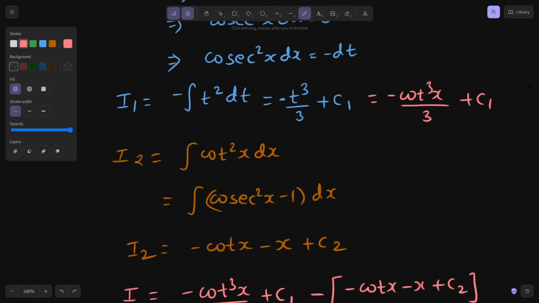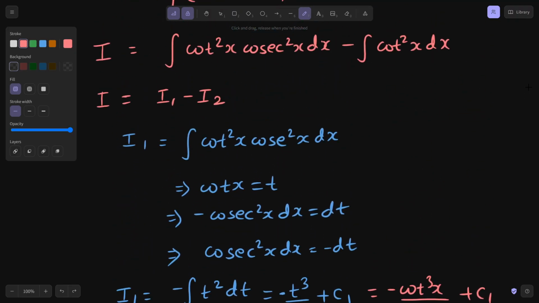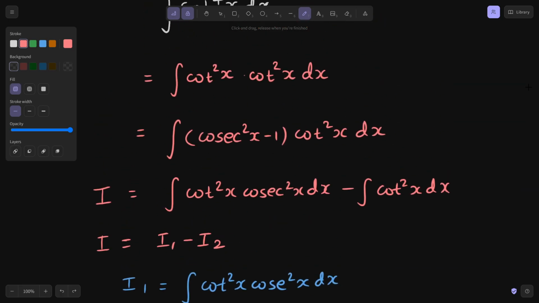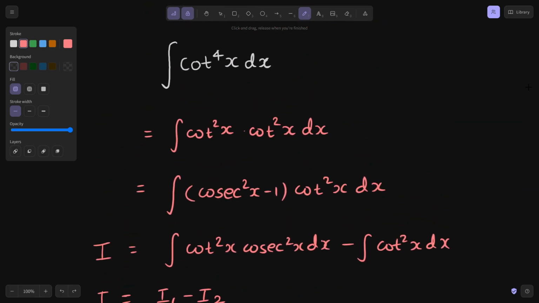Again, the integral was not at all difficult. If you have earlier solved tan power 4x, it is a similar approach, just you need to take care of the derivative and the formulas. So you can watch out for more such problems, as I told earlier, in the playlist Integration 2023, and